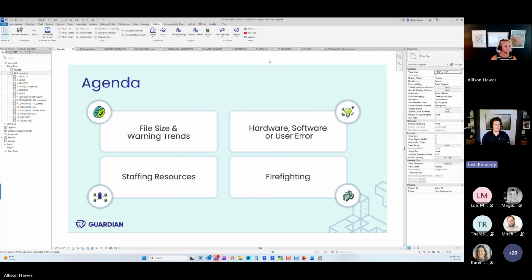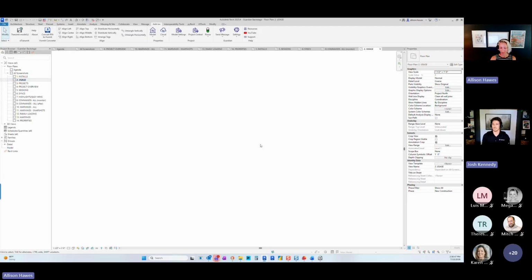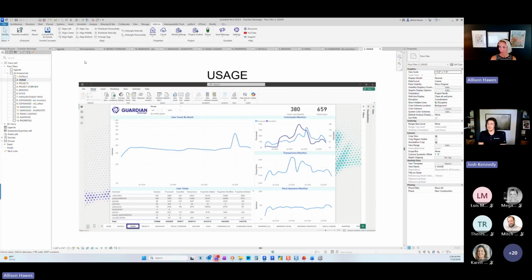I know we're at time. I think one last use case that I was just going to highlight is the usage screenshot. It looks like you don't have it, which is fine. Oh, you do have it. Okay. Yep. I was just going to highlight a really specific case, where I was working with a firm